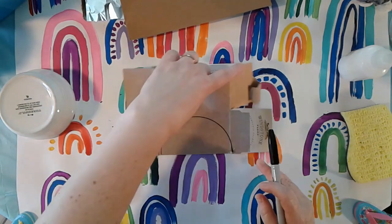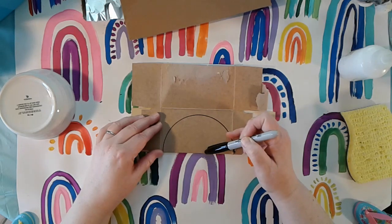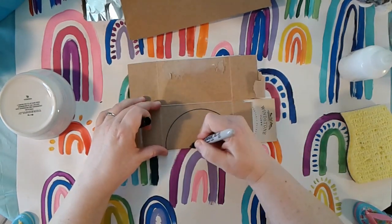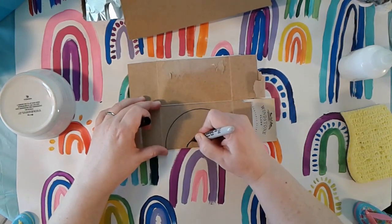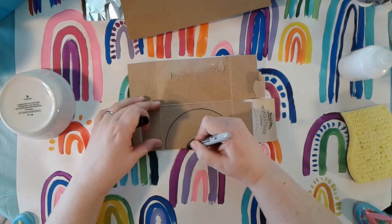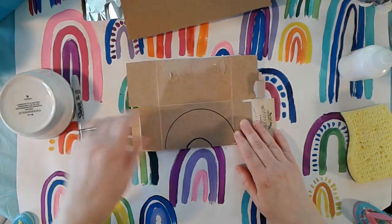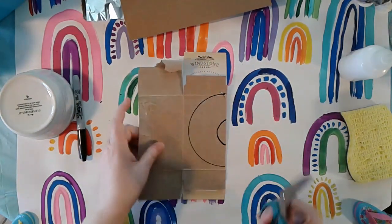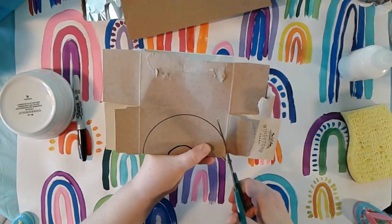And I'm going to turn this again, and right in the middle I'm going to do another half circle right here so that I have a donut hole, or the inside of the donut hole. Okay, so I'm going to do that, and it's okay if it's not quite perfect as long as it's close, just like that. And after I'm done, I'm going to take my scissors. You will need some scissors just for this part for cutting out, and I'm going to cut